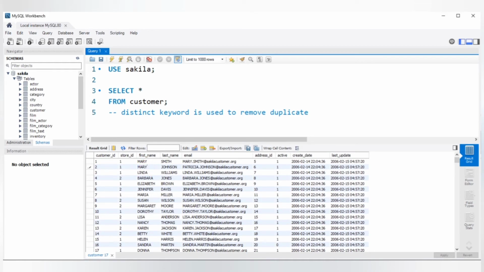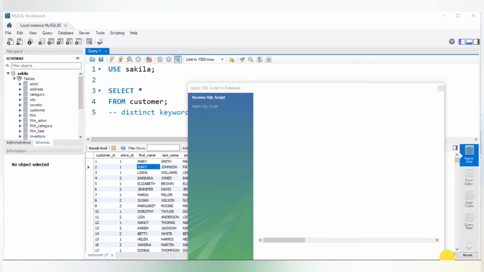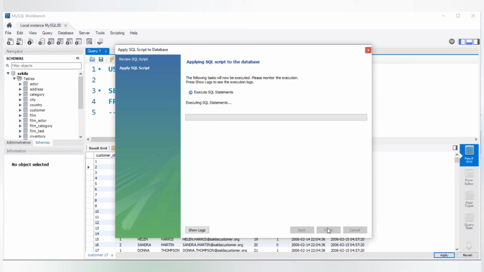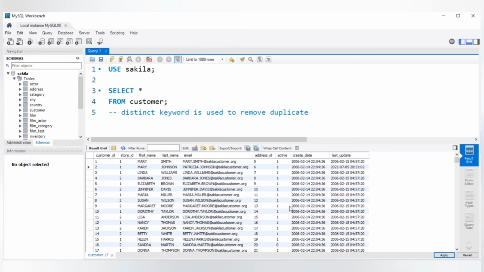You can edit a table, so let me select that. You can change a name, so click on that and click on apply. So we are editing the column now, so again click on apply, finish. So here the name is changed in the second row, first name column.